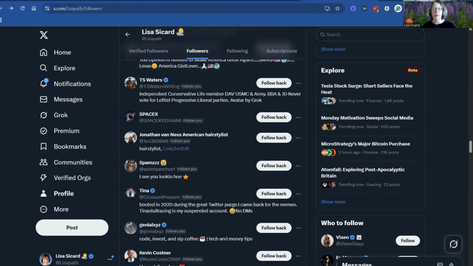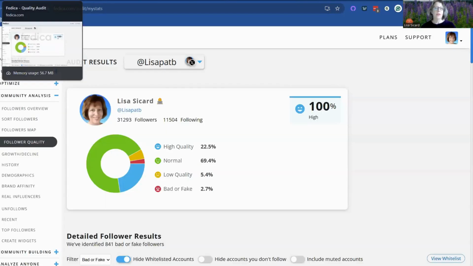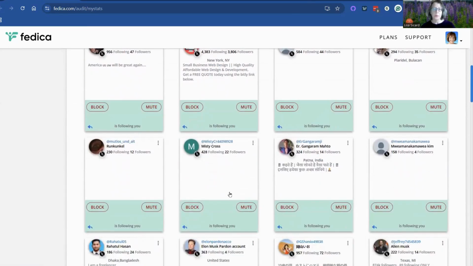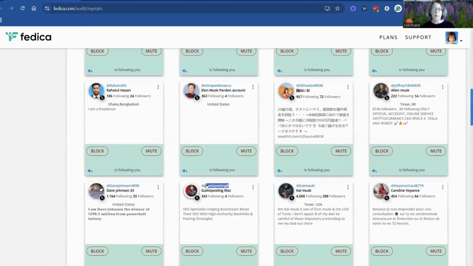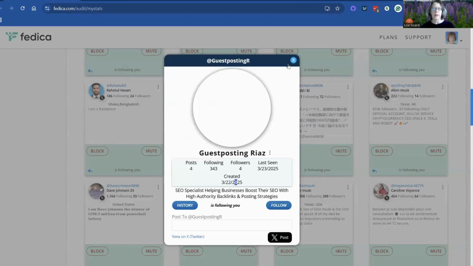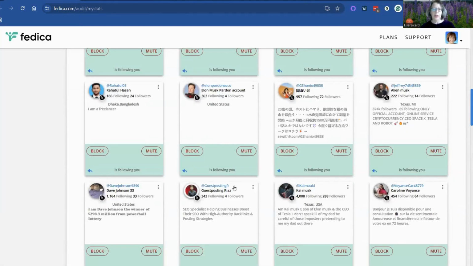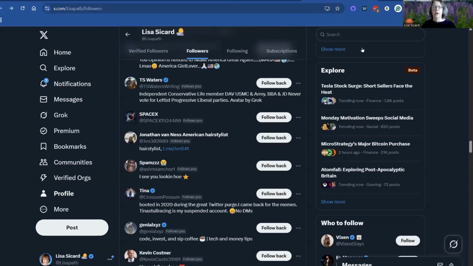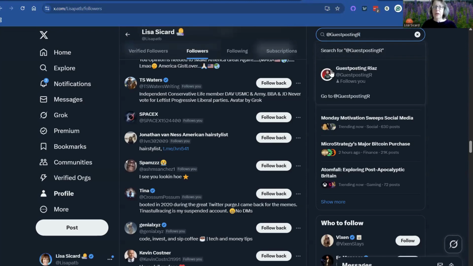Now, I also, because I have so many, went to Fedica and I applied for their premium version for a month. I just did it for the month for 30 bucks. Figured it'd be quicker to go this route. And all you have to do is copy and paste. And they don't let you do it automatically on here. They let you mute or block, but they don't let you get rid of the following. So I just do the copy and paste and go right back to X there, put in the username, and